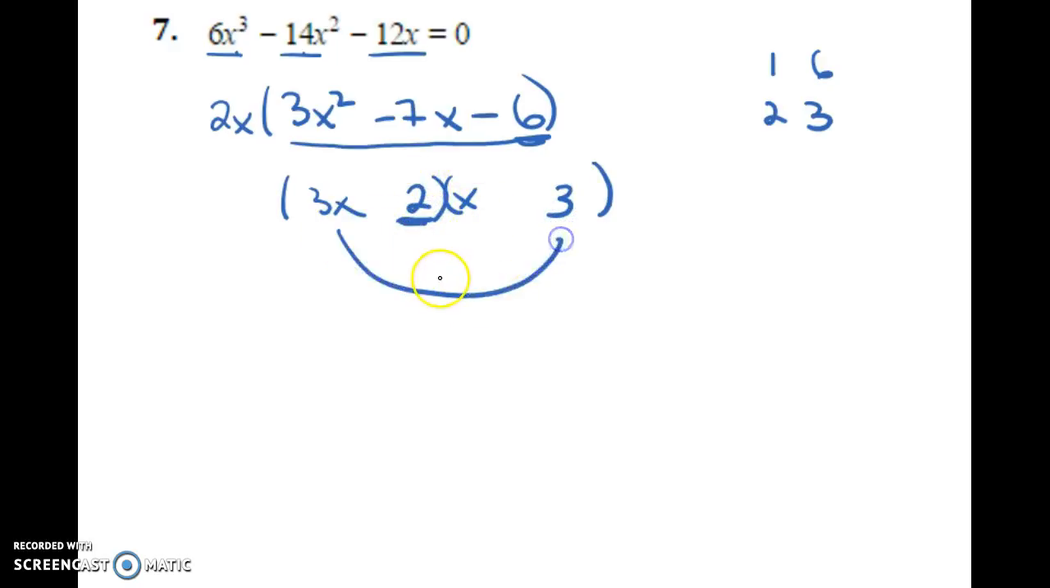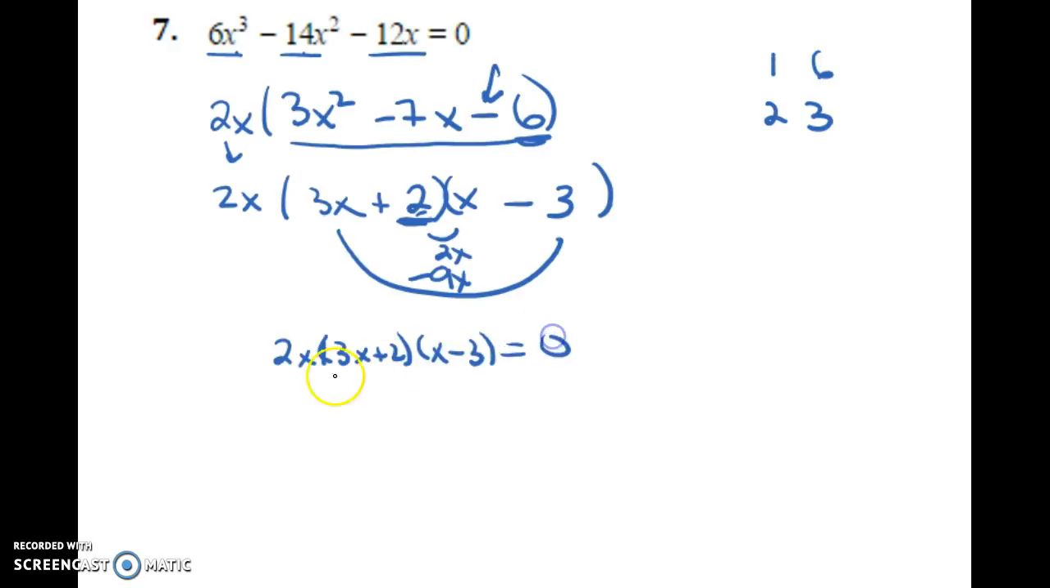These guys do multiply to make 9x. These guys do multiply to make 2x. They are going to have opposing signs because these need to multiply to make negative 6. And if I make this 9 negative, I could get a negative 7 like I need here. So this should be negative, this should be positive, and this 2x will come down to the front. So now what I know is that 2x times 3x plus 2 times x minus 3 is supposed to equal